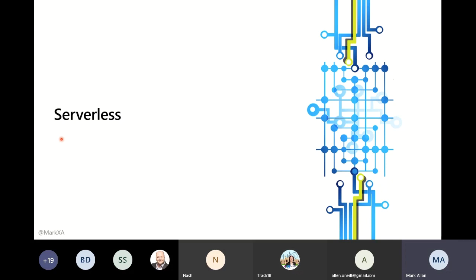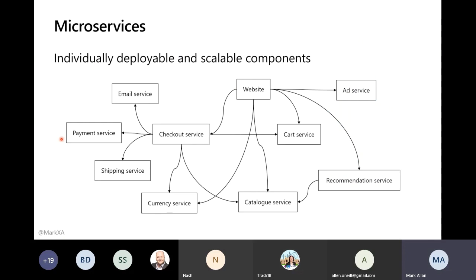Right. Okay. So now we've got our Kubernetes service there running containers, and we can scale up and down our VMs. But now we move on to the more modern way of hosting services, which is serverless. Now I'll just return to this slide briefly because I want to talk about something quite important about serverless. The thing we didn't talk about before was all these lines flying between all the services as they communicate with each other. And the thing is, there's two ways they can be doing that. They can be doing that synchronously or asynchronously.